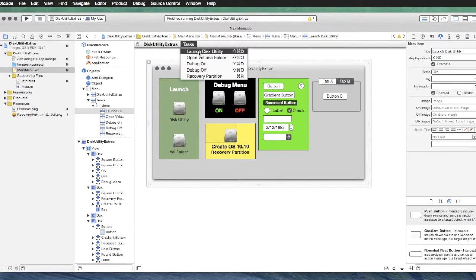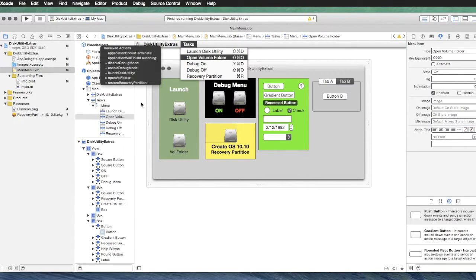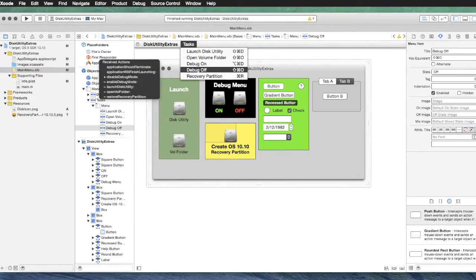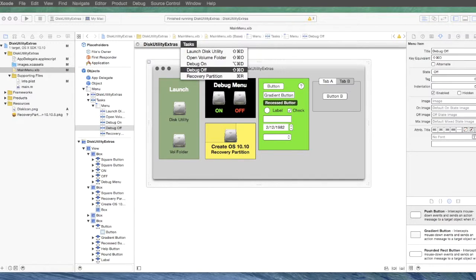I can control click and drag to the app delegate and tie that to any of the existing handlers. So if I want a menu to perform a function just like a button click would and assign a shortcut key, I don't need the button. You don't even really need the interface. You could do it all from menus, just shortcuts. Command Shift D is going to launch Disk Utility. So creating custom menus in an app